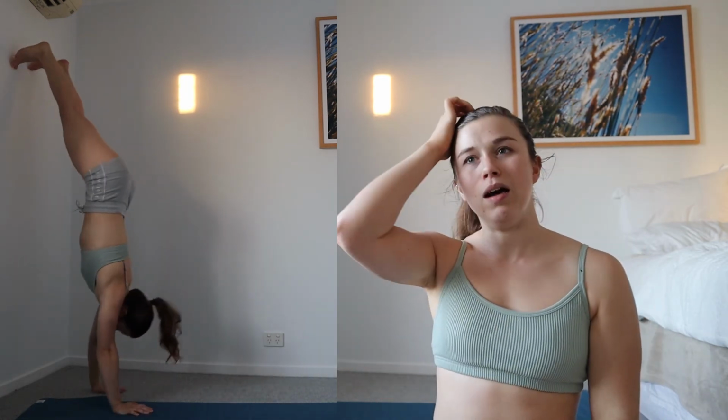Alright, our final exercise is handstand walks. These are pretty self-explanatory. A few quick notes is you don't want to take too big of steps, and you want to make sure that you are keeping nice body tension when you do this. So not like a floppy noodle climbing up the wall. I don't even know how I'm going to demonstrate this, but